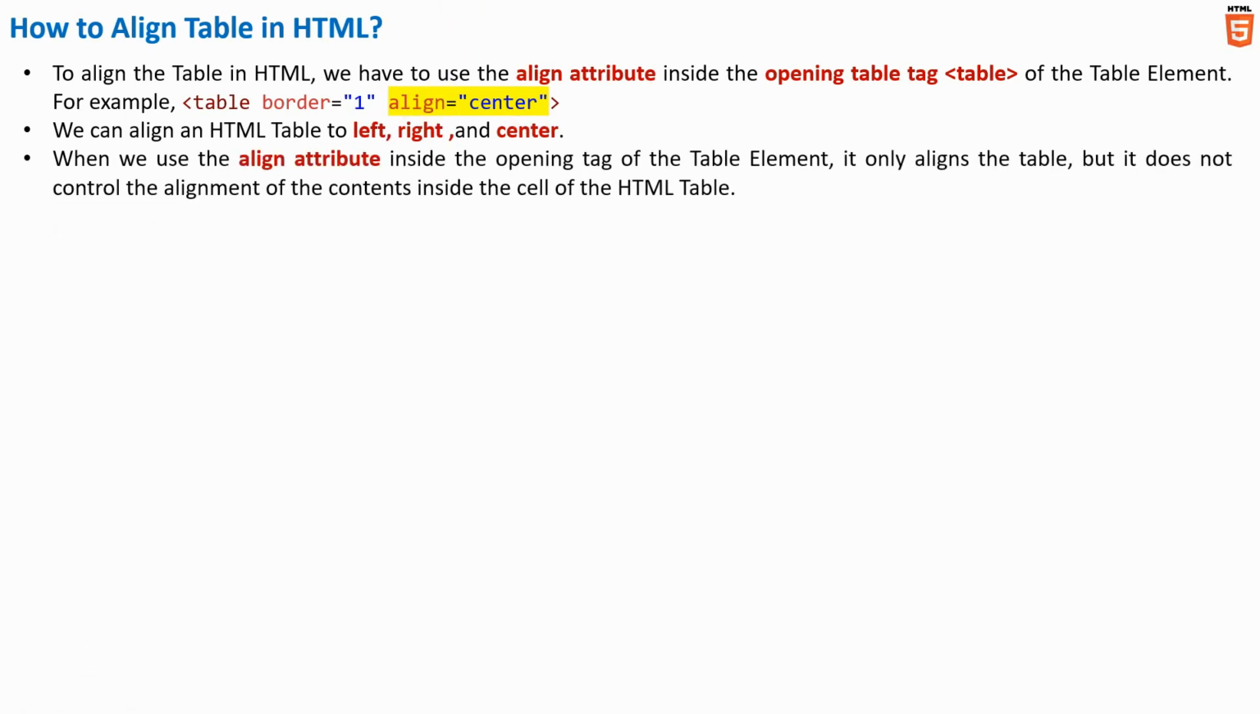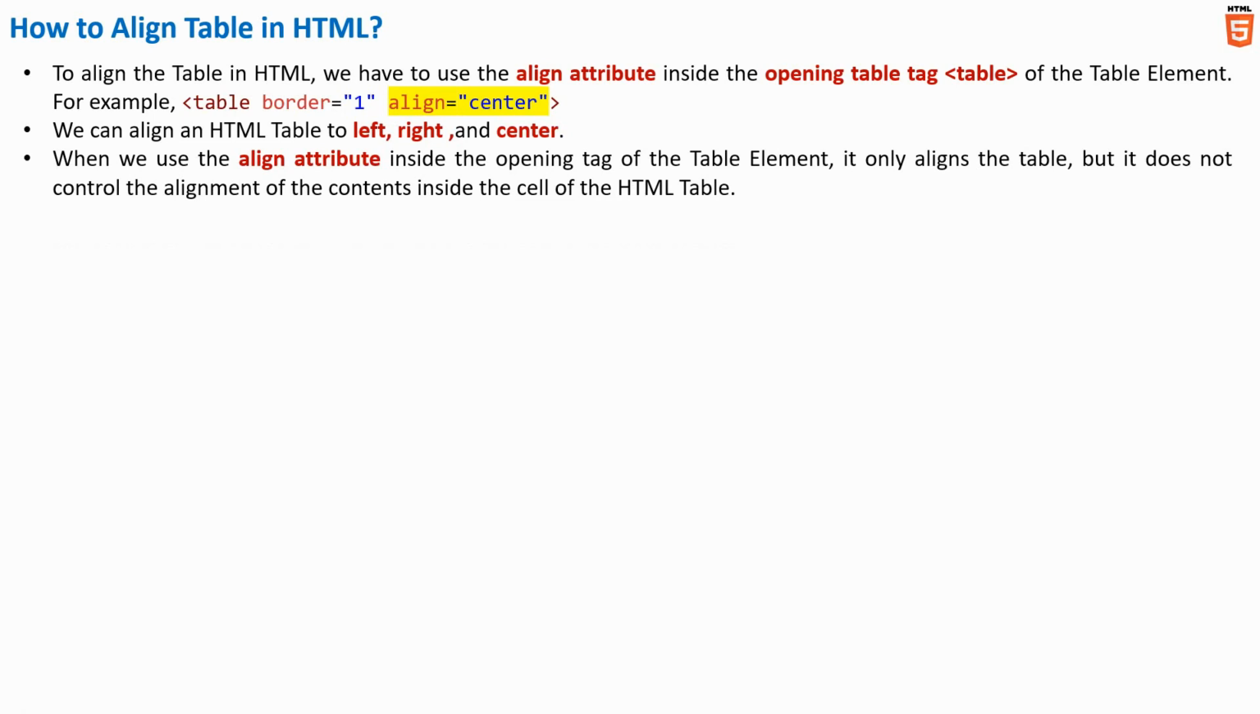Please note that when we use the align attribute in the opening table tag of the table element, it only aligns the table with respect to the browser, but it does not control the alignment of the content inside each cell of the HTML table. Meaning, it will only align the table as a whole with respect to the browser, but not the individual content